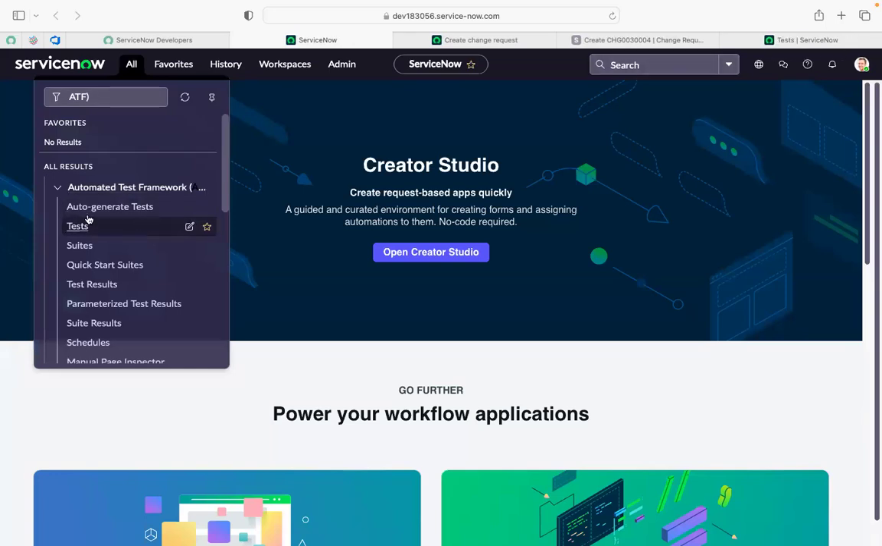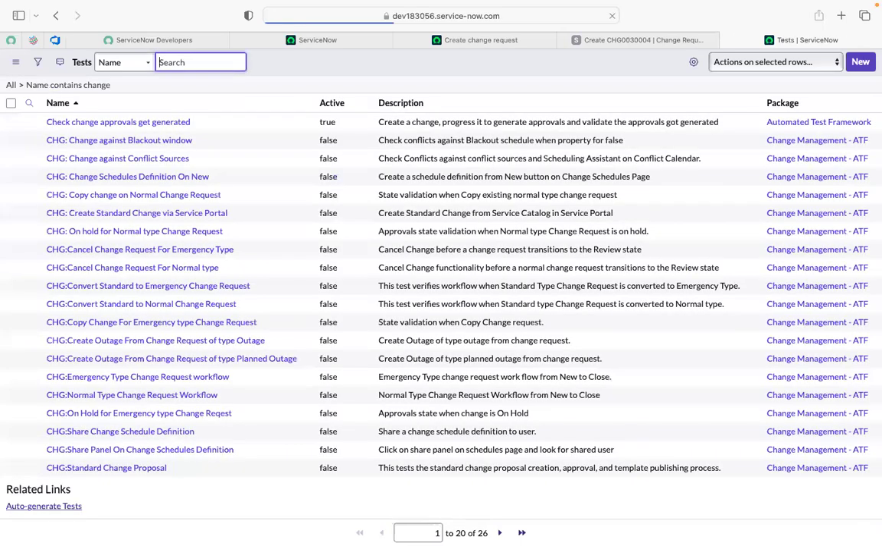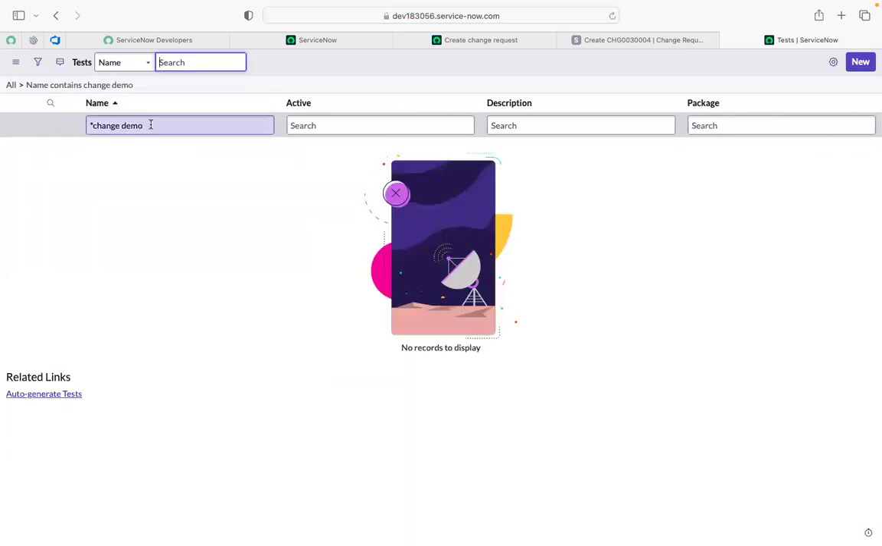So this is the most important thing, guys. If you have created any test, right, to search your test, go to test and search with the test name. Even though you have created your test, how do you get to know which test you have created? From the name itself, you can